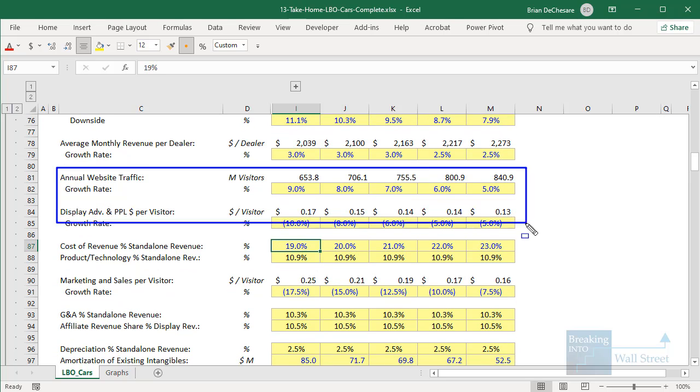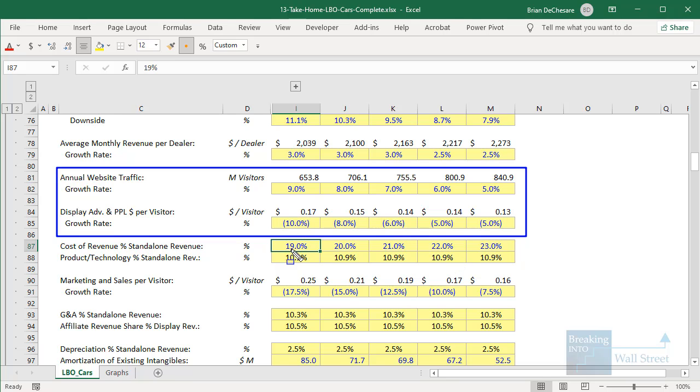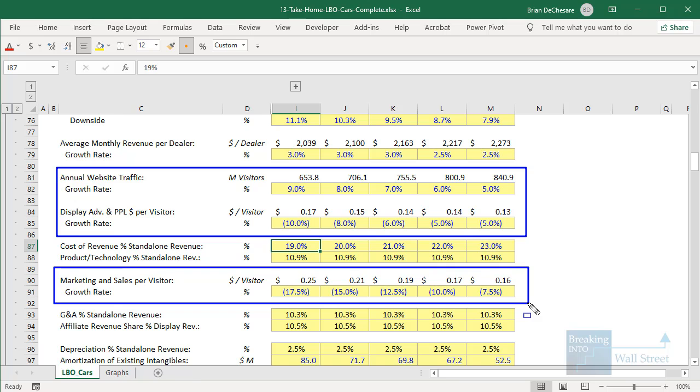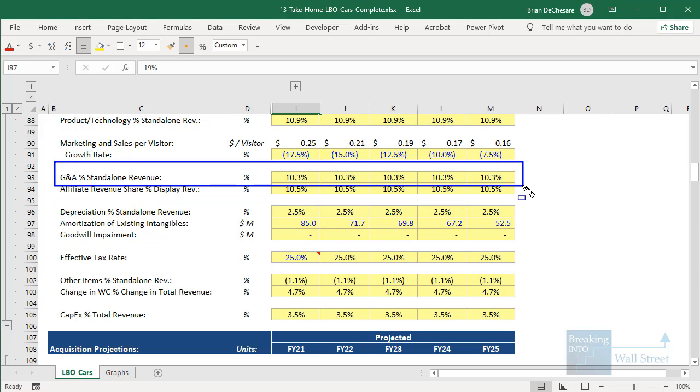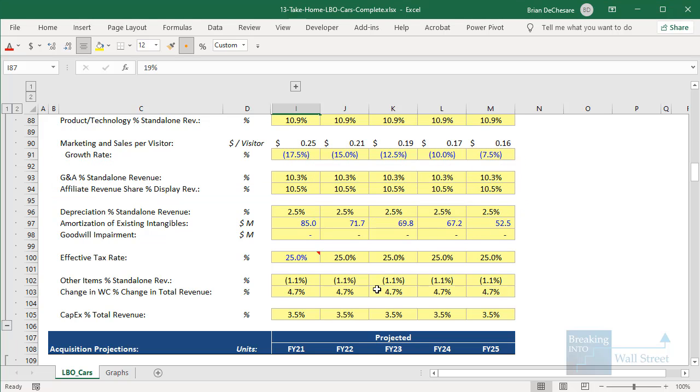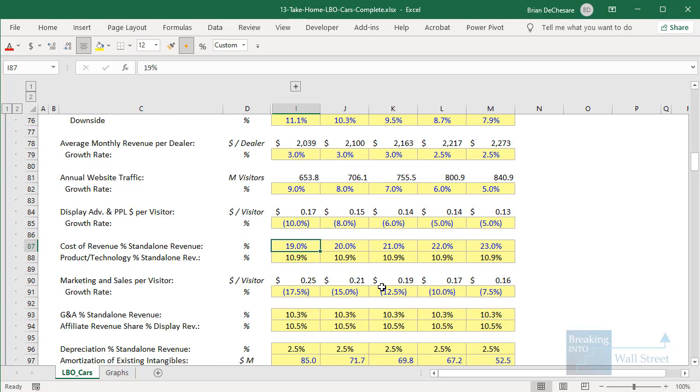So here, for example, a lot of these other projections like the annual website traffic are simple percentage growth rates. The display advertising is tied to the number of web visitors, and then the number of web visitors is tied to the company's spending on sales and marketing. And then others like the G&A are just percentages of the company's standalone revenue. So we're not going crazy. We're trying to make fairly sensible, simple assumptions here that let us finish the model and focus on the most